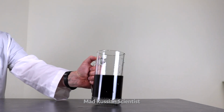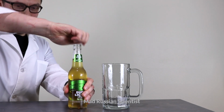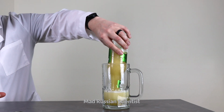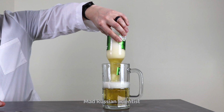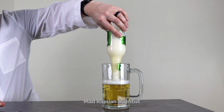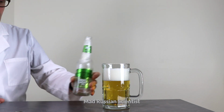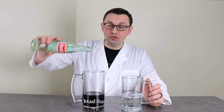That's pretty cool. This trick also works with beer. I'm gonna show you. Check this out. There you go. In order for this trick to work each time, the key here is to turn the bottle